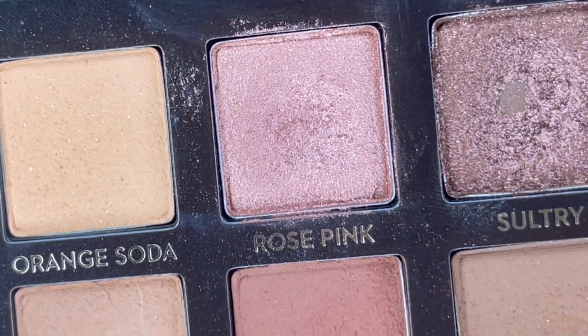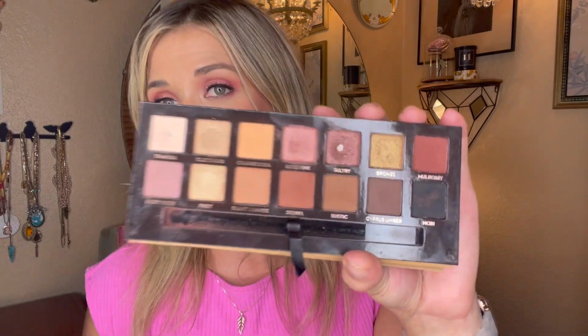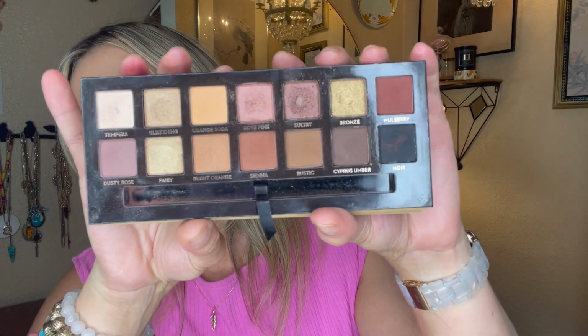It's a very soft shade, like a lot of ABH shades tend to be. And I'm looking at the pan right next to it in Sultry, and it's looking pretty close. So I'm thinking maybe 3 or 4 more uses on Rose Pink and I should have a pan on it. So this is another one that I'm very hopeful, quite definite, will be rolled out by the next update. So although we don't have any rollouts this month, we can look forward to some pretty sure bets next month,